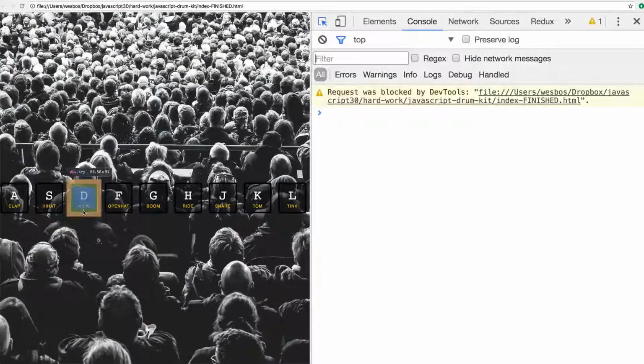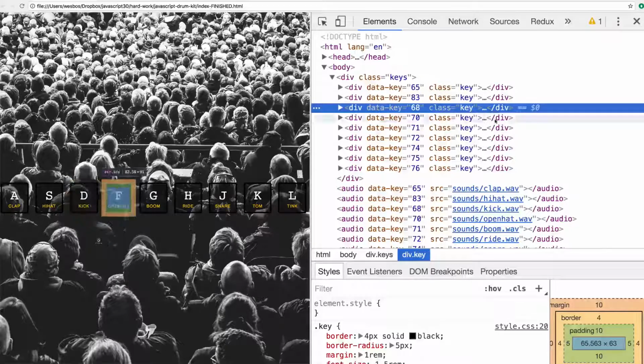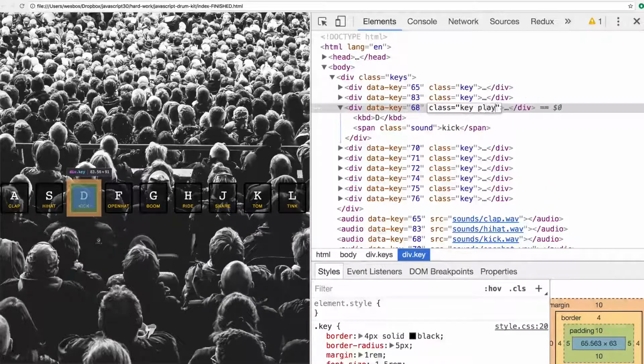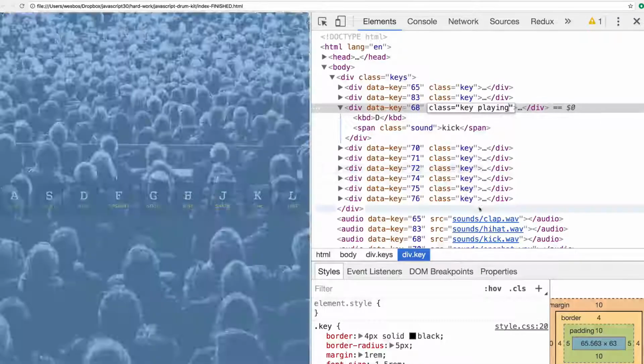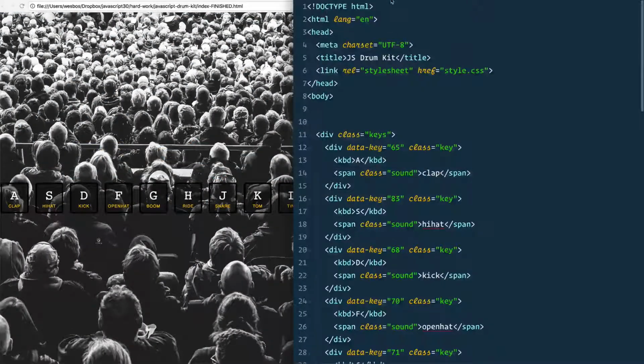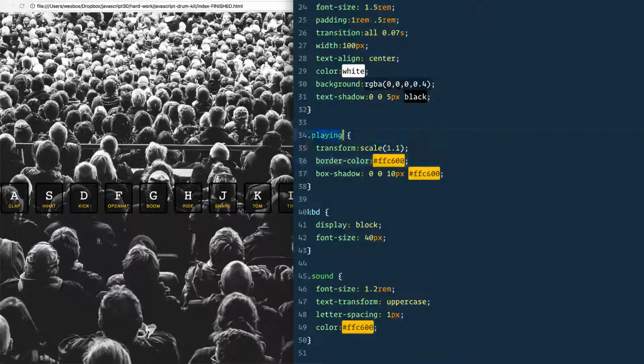If we inspect on this kick one right here, you see we have this data key, and we'll look at that in just a second. But when I press it, yeah, you can't even see it adding because it's going so quickly. But what that's doing is it's adding a class of playing to that element, which will then kick in the CSS. If I open up today's exercise and we look at the style.css, you see we have a class of